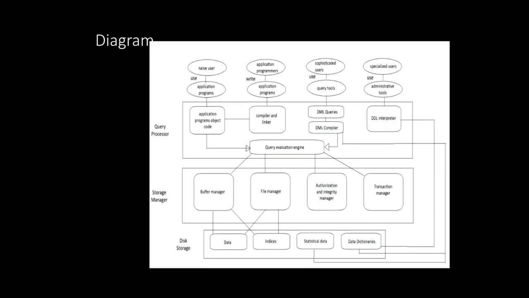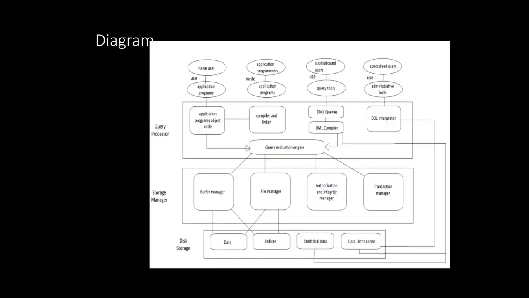Next, the fourth type of user, that are the specialized users. Who is the specialized user? He is mainly the database administrator, DBA. He has the central control over the database management system, and what he does is that he grants the permission for who should use the database. He grants the permission, checks with the security, and ensures the performance of the system, and any glitches that are there in the database he has to correct. He helps the software engineers with it. So he does all these things with the help of the administrative tools. He uses these tools and does all of these things.